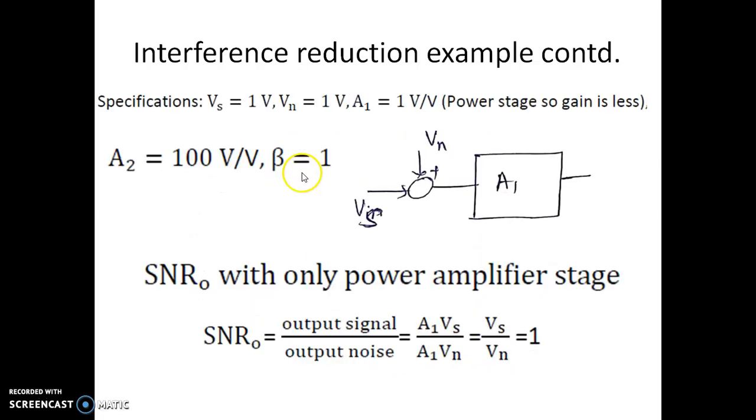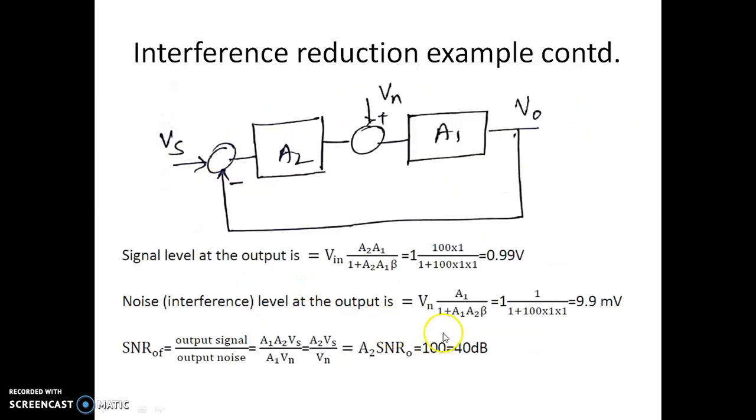So A2 is the gain of this second amplifier, which is preceded by A1. So if you take the ratio of this by this, that's also 100. Because this happens to be the signal to noise ratio of this particular setup, it is 100, which is also equal to A2 times the signal to noise ratio of the output without feedback. So the signal to noise ratio without feedback was actually 1. It is now improved by 100 times, so there's an improvement of 40 dB in terms of signal to